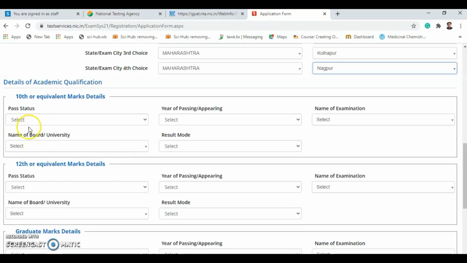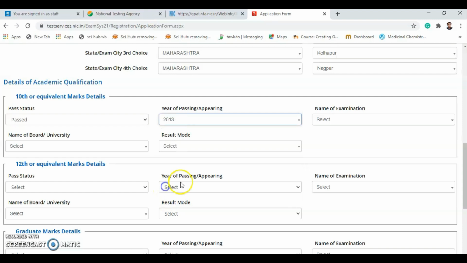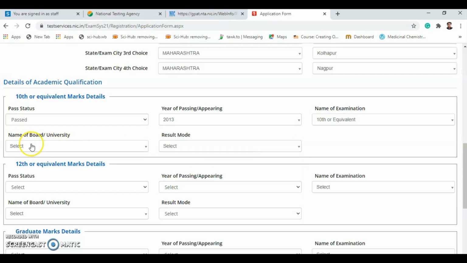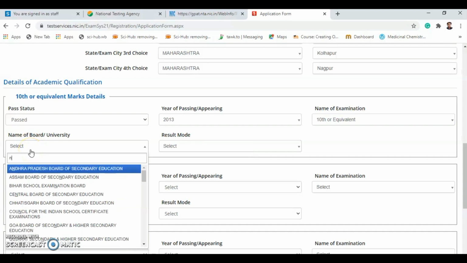Once it is done, you need to fill in the information. 10th: did you pass the 10th? Yes. Select your passing year. Name of examination, 10th or equivalent. Name of board from where you have passed.